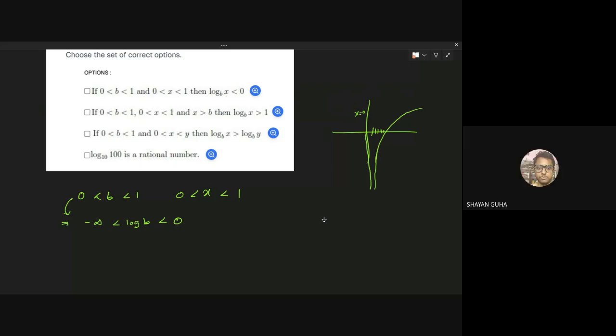Sir, I want to ask one thing. If I take both sides log, log 0 is minus infinity and log 1 is 0. Log 1 is defined, and log 1 is 0. This is the point (1, 0), the point where the graph cuts the x-axis. But log 0, at the point 0, it's undefined, because